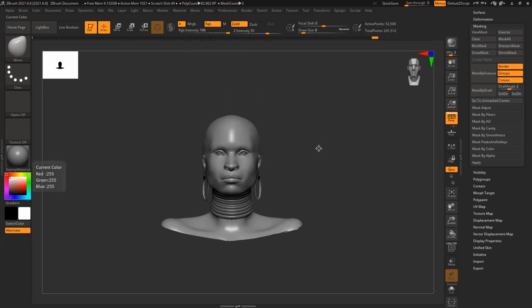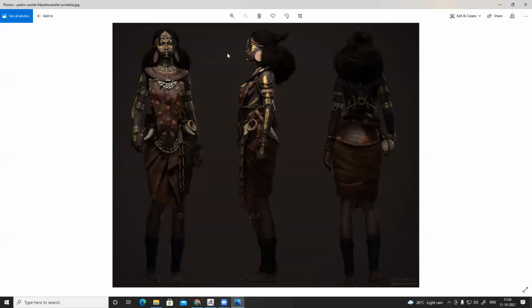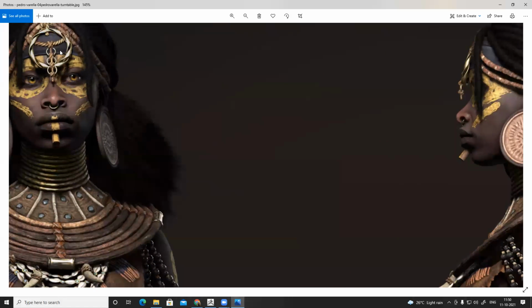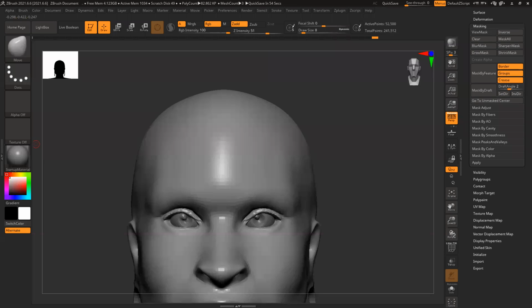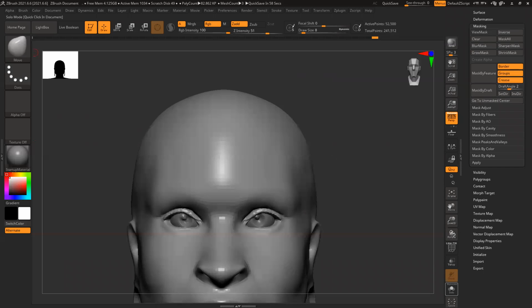We have this here. There's a band, you can see. Okay, this band is there. So create those things really quickly. To create this kind of band, I can just mask it and create it, or I can use a curve strap brush and generate it. Any one of them, both are fine.